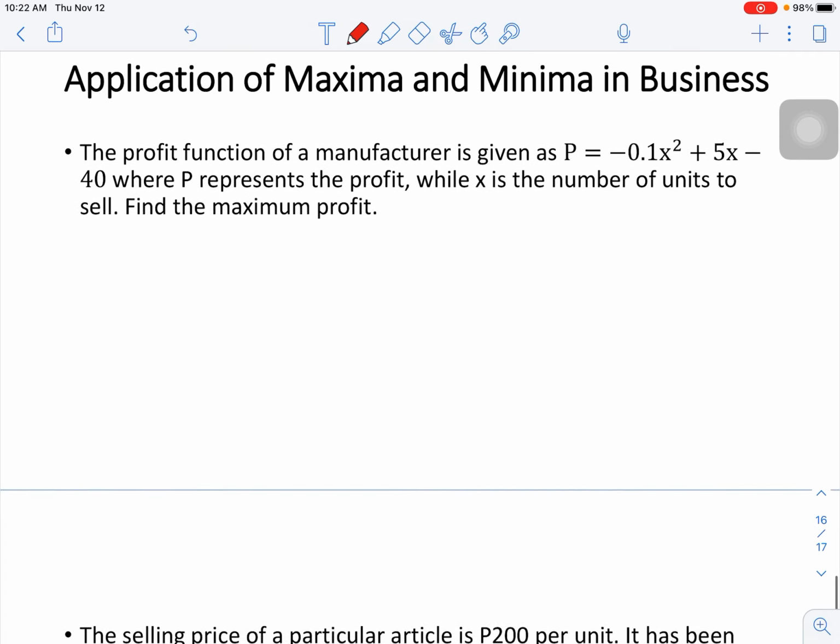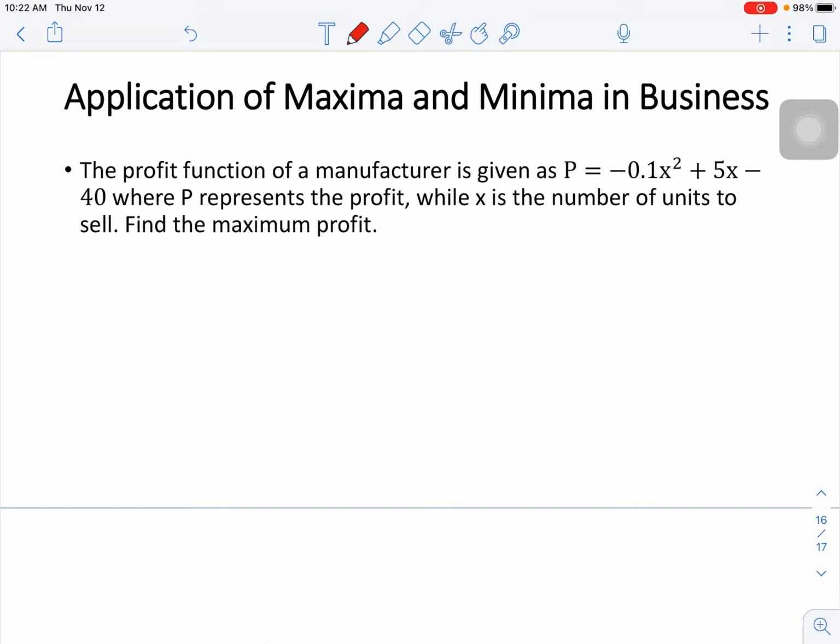Next. How are we going to use that in business? Application of maxima and minima in business. The profit function of a manufacturer is given as P is equal to negative 0.1x squared plus 5x minus 40,